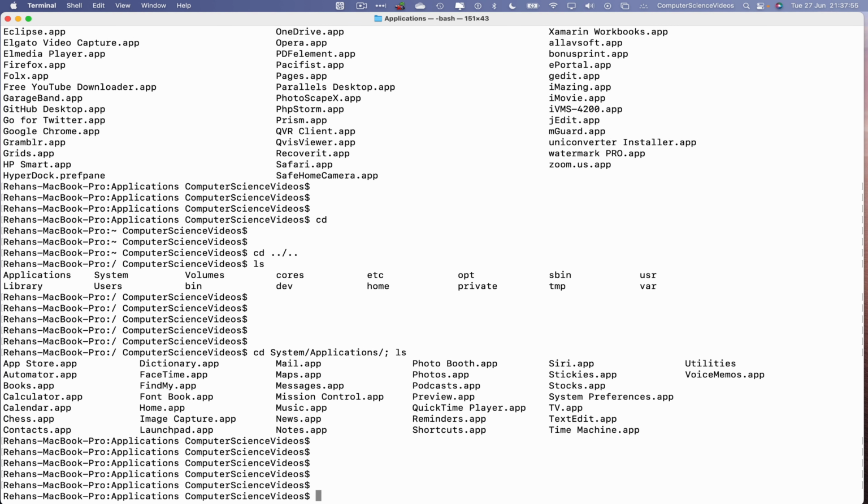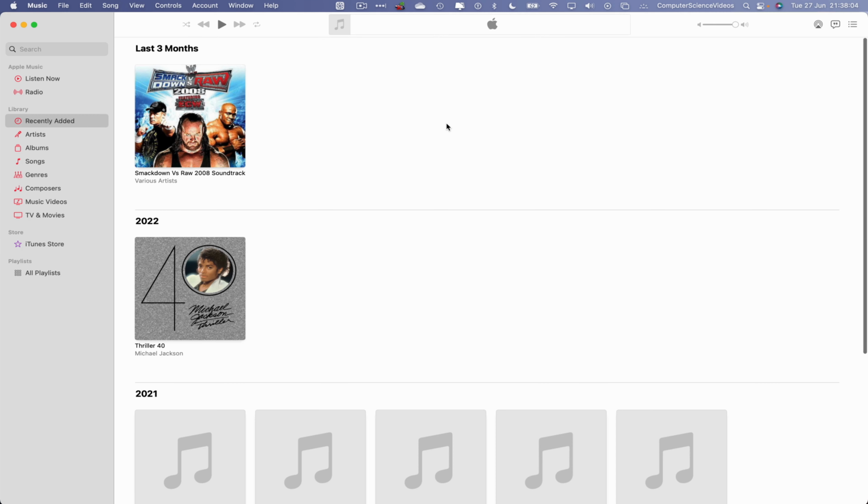Let's now open up the music application. Open music.app, enter, and there we go. We have located and opened the music application on a Mac computer through terminal and the terminal commands that come with it. We can now quit music,